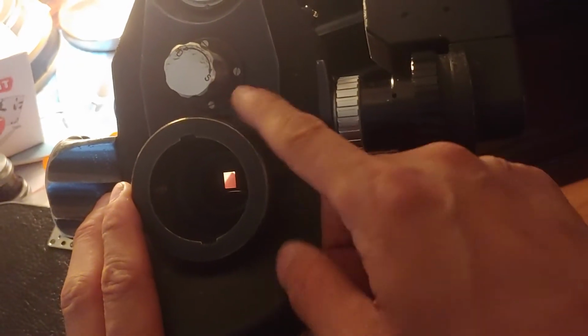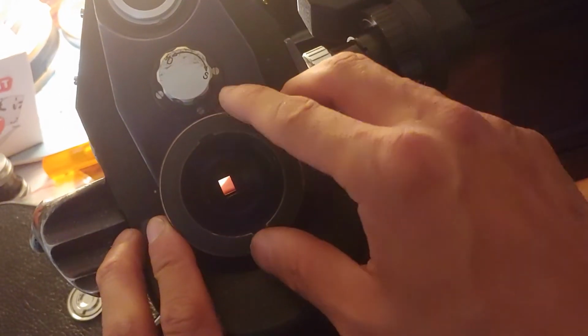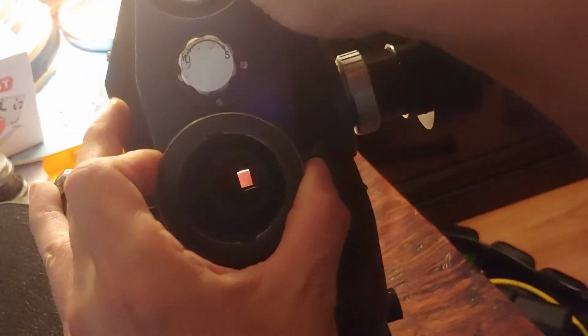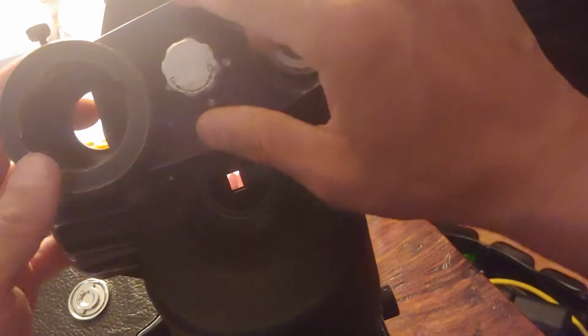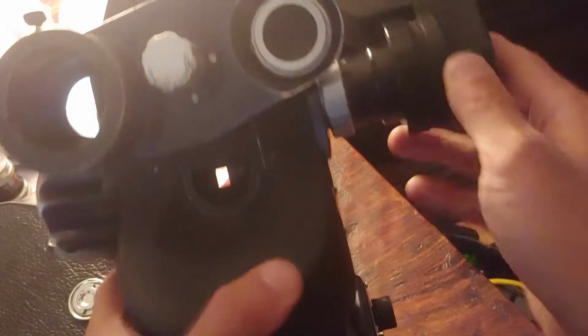In order to change that shutter angle inside the gate, as you can see, I've removed the lens first. You want to put the turret horizontally, so that you can get a little bit of room to take a look here. Okay, so now what you want to do is there's a knob here,